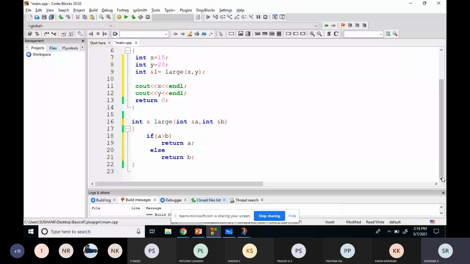Regarding the working of these things, we will see in the next classes. At least you go through this and try to execute it, and whatever answer you get, you just let me know. The remaining we'll see in the next class. I think those two examples are clear, right? The reference variable, I'll check in the next class. If any issue is there, we can solve it. But before that, you just work on this.